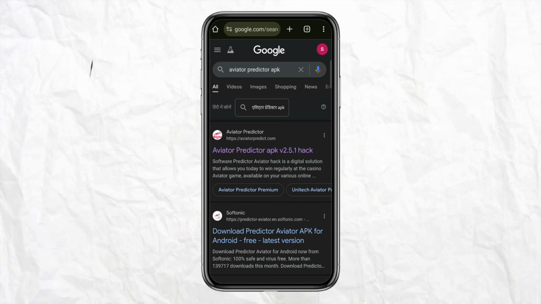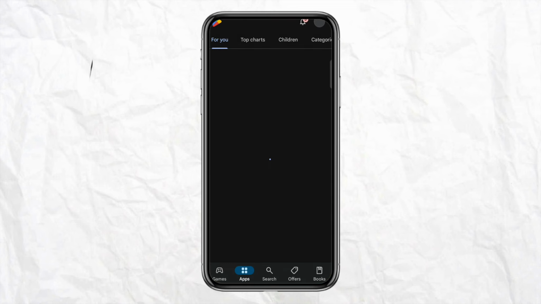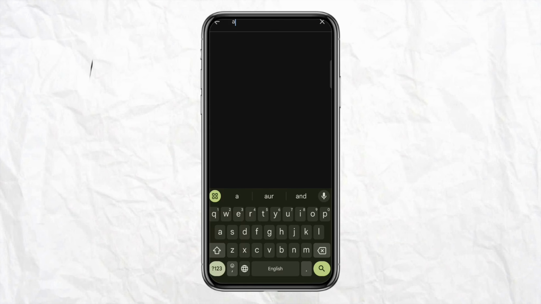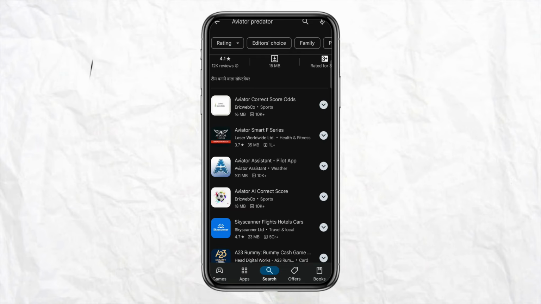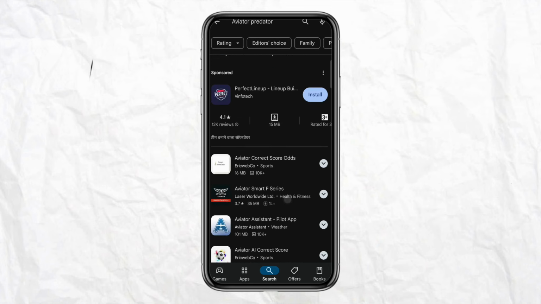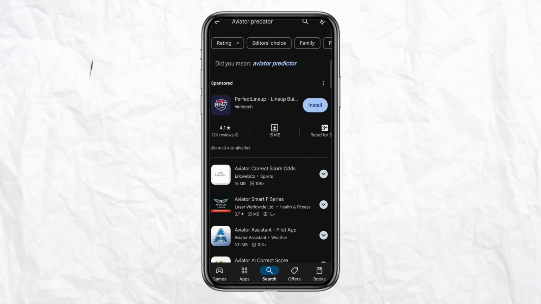So first of all, just simply open your Play Store or your App Store, and after that click on the search bar from the bottom menu of your screen, and search for Aviator Predictor. As soon as you search for it, you will not see any application which says Aviator Predictor, which means the Aviator Predictor app is not available on your App Store or your